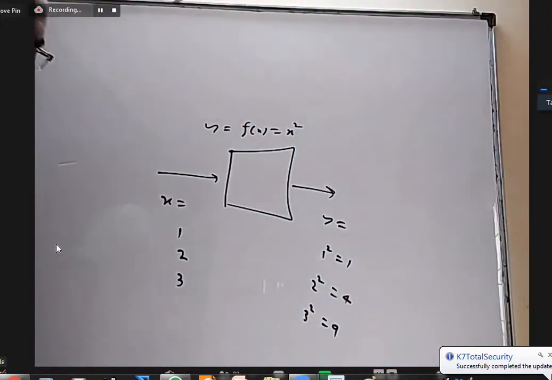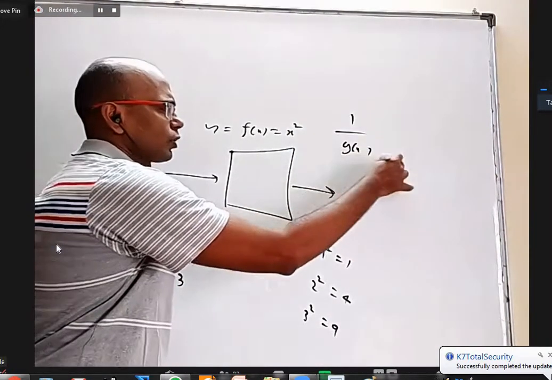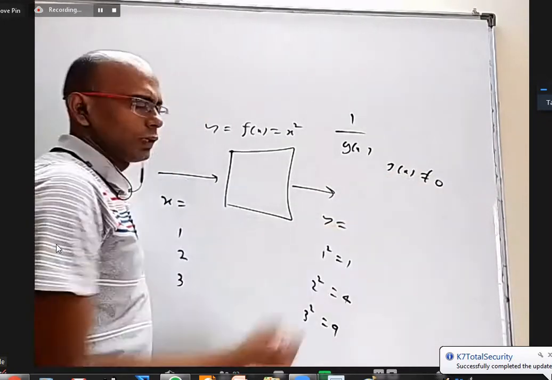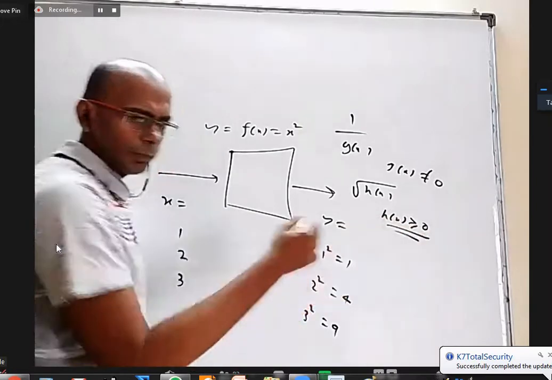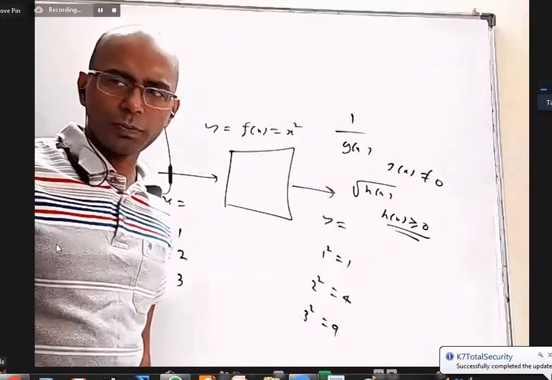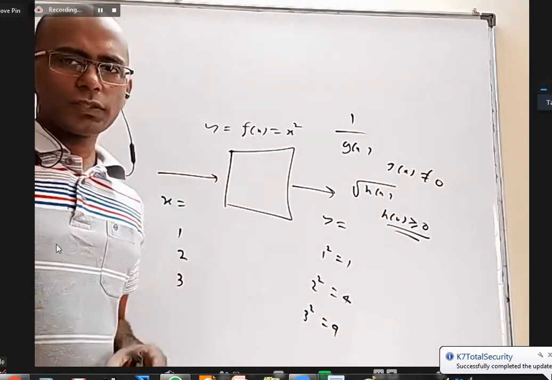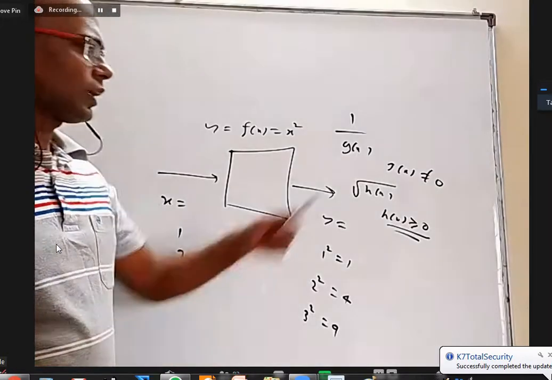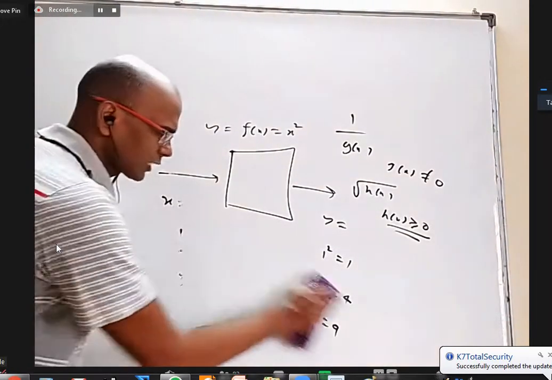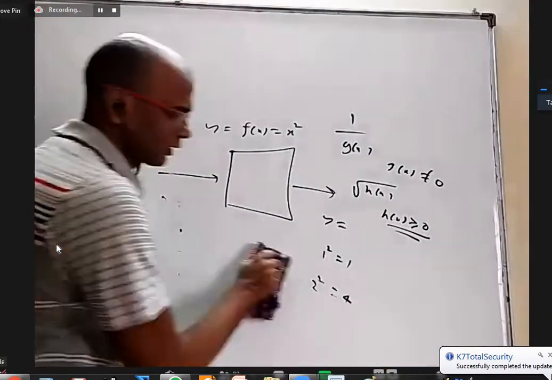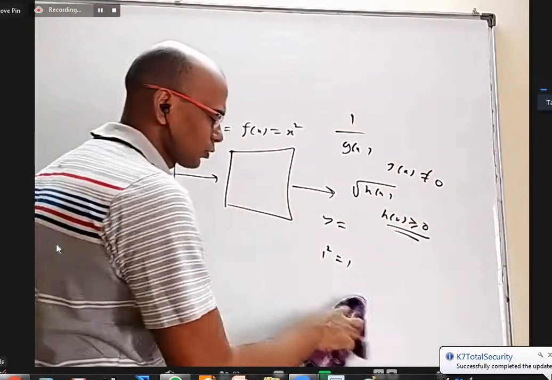For domain, we have found some set of rules. If something is in the denominator, it should not be 0. If something is inside a root, that should be greater than or equal to 0. If something is inside the log, it should be greater than 0. With that, we are able to find the domain somewhat easily. Range is not difficult, but we do not have standard rules. Depending on the question, we have to do it differently. So some people get confused or think range is difficult because there is no formula; for each question you have to choose accordingly.